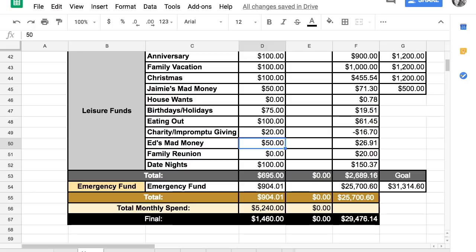My husband's Mad Money will continue. Family Reunion Fund, I think we will, along with our House Wants Fund, not contribute to this until we have a job lined up again. And date nights will continue to have $100 in there. Okay, so